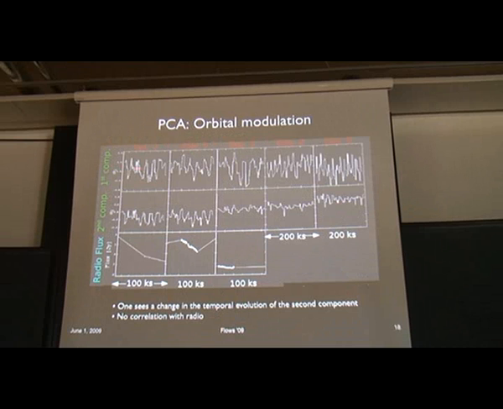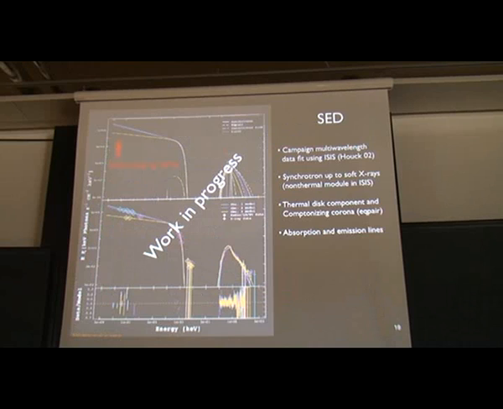We have here the first component plotted according to observation. So this is right after the flare, this is much further after the flare, and we can see that the first component stays constant around a certain value, and the second component is also orbitally modulated, but it dampens as the flare evolves, and it also changes intensity here. And there's the radio down here, with which we don't see any obvious correlation.